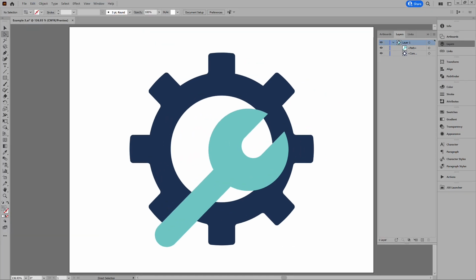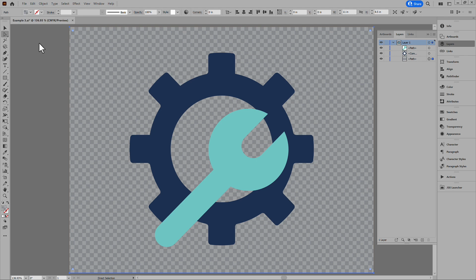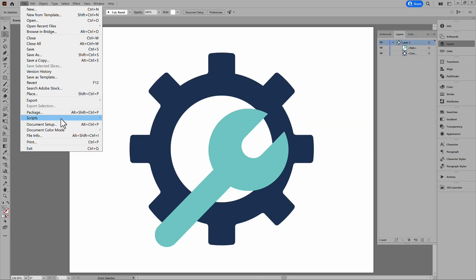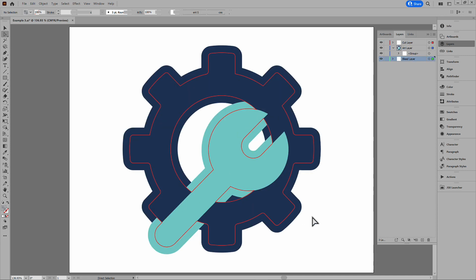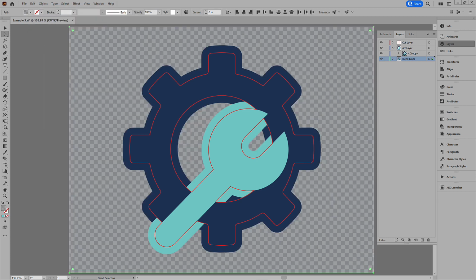In this third example, the artwork has holes in it. I'll paste in a background to show better, but remove it before running the script. The cut layer looks good. I'll paste in the background again to see the result better. We have the holes, and there's bleed on those edges. But when elements of different colors intersect at the trim, we'll need to adjust.